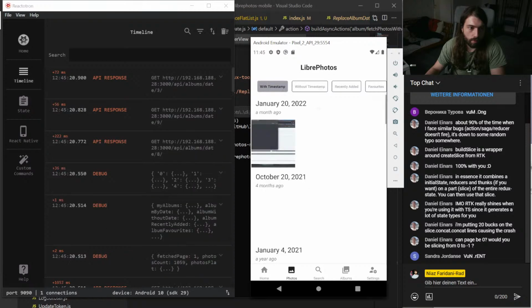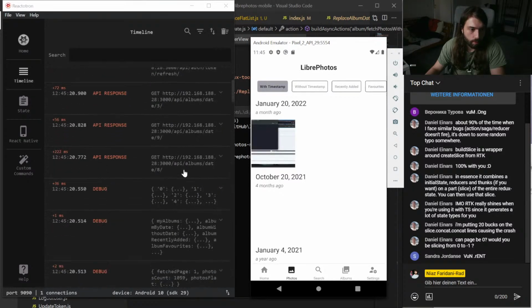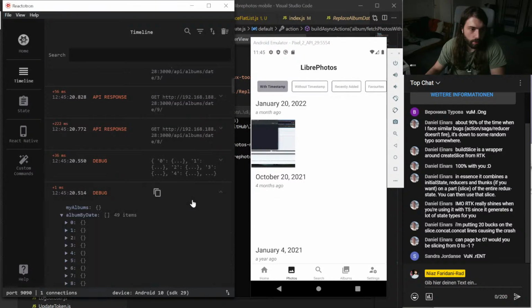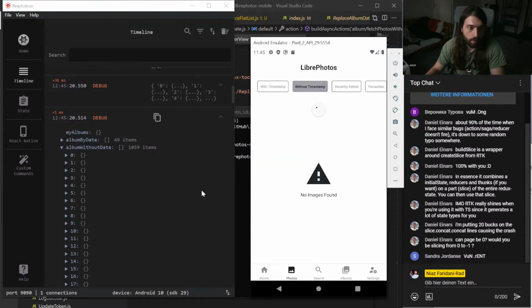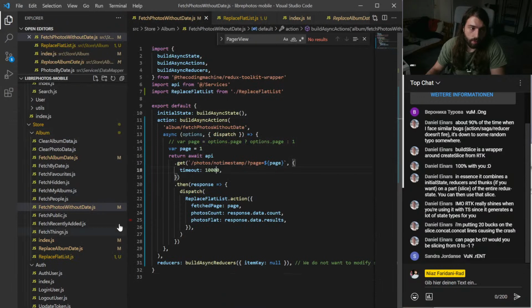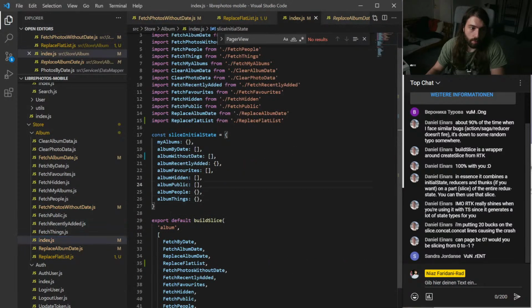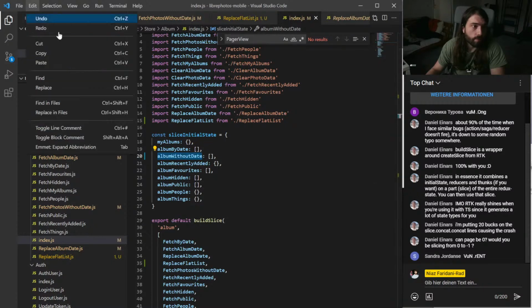Go back here. I check this. Okay, that's still valid. Okay, photos without date, 1059. So technically it should work now. We only have the issue that somehow he wants to have a JSON object and not a JSON array. So we now have to look into that.